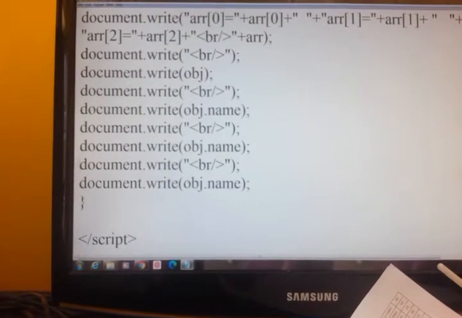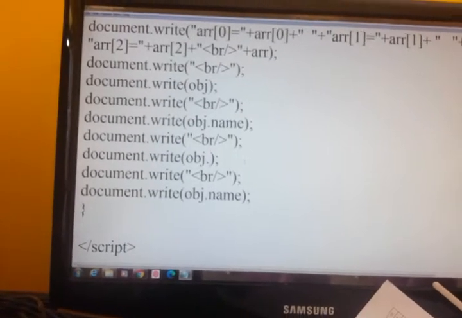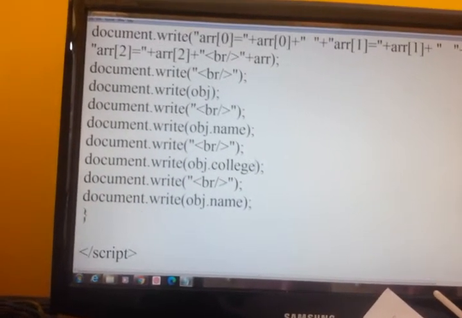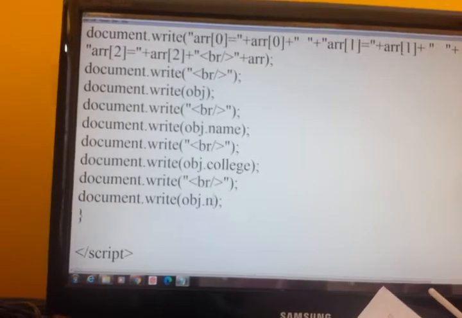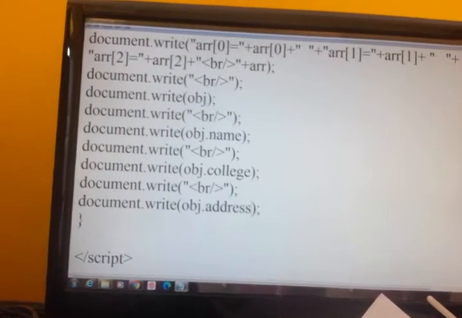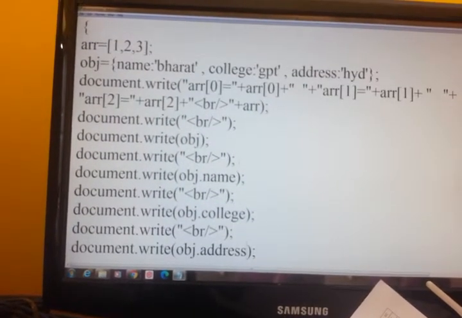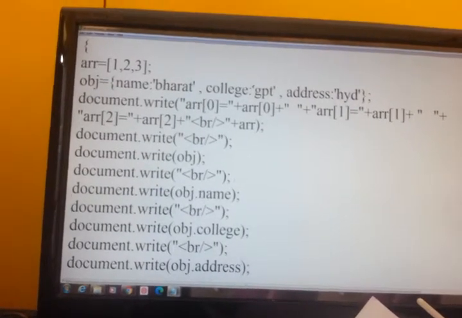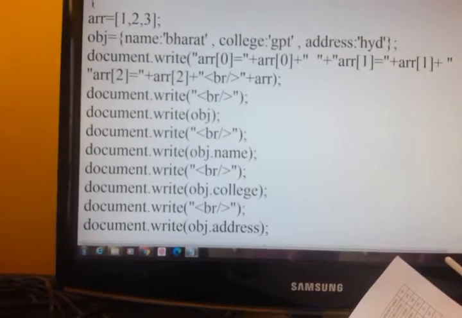Name I have printed, then I will change it to college, and then address, and save.